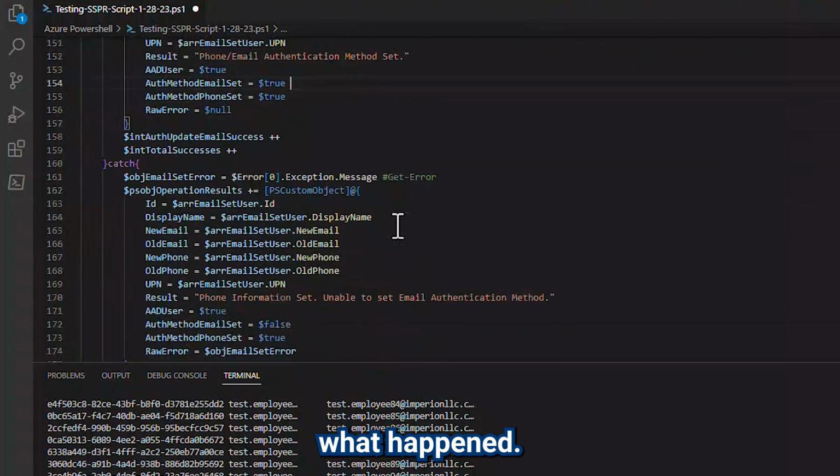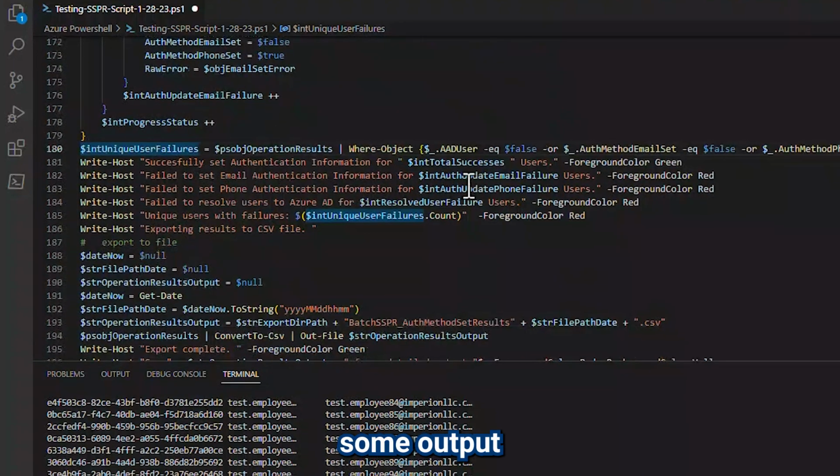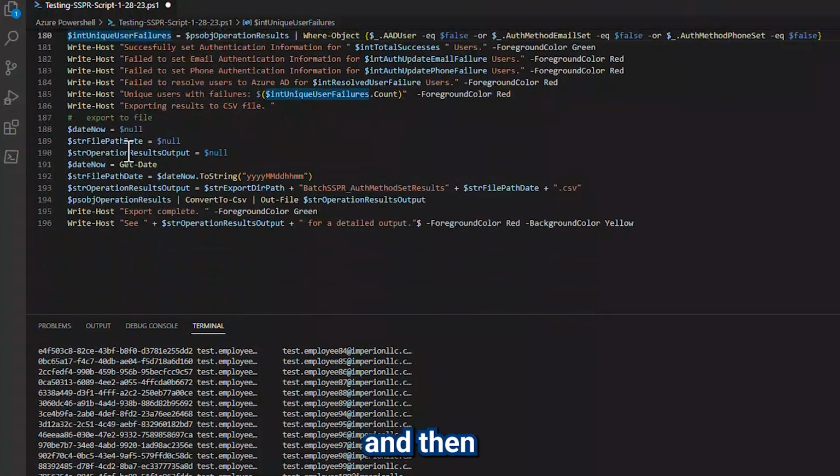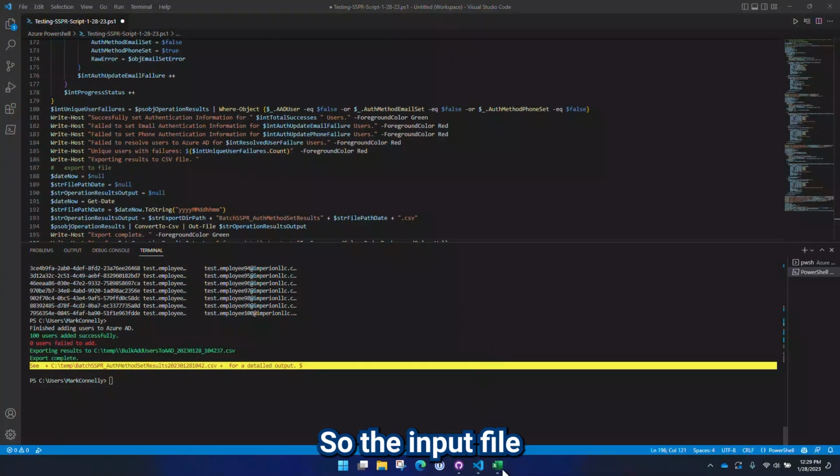Let's scroll down here to the end of it, and we're just going to loop through the entire status. And then we're going to catch our unique failures. We're going to write some output at the end of it. And then we're actually going to create our variables for our file path naming, and then we're going to export the output. So the input file was generated from a list of UPNs